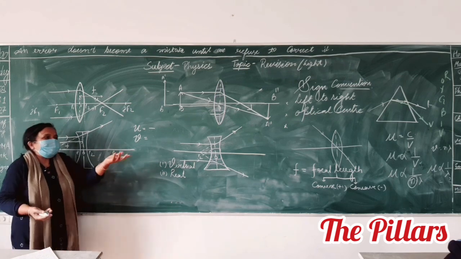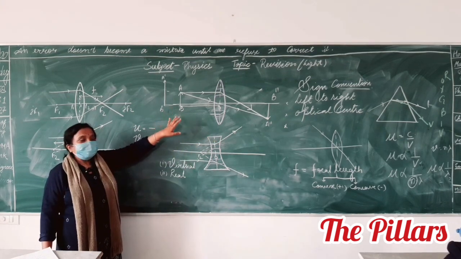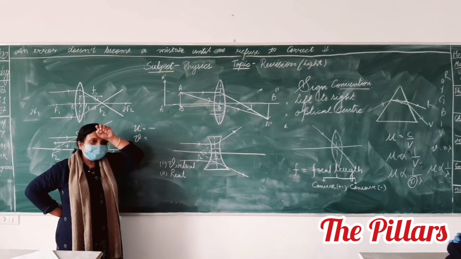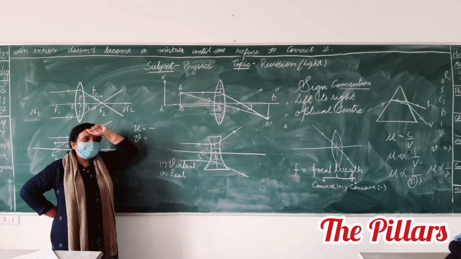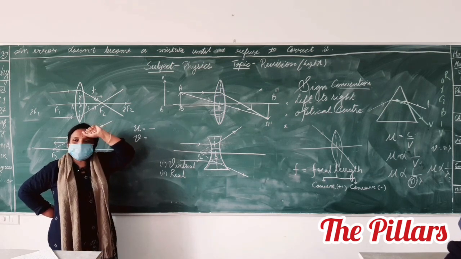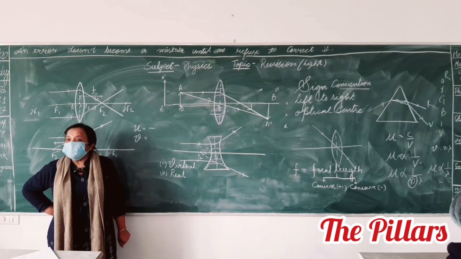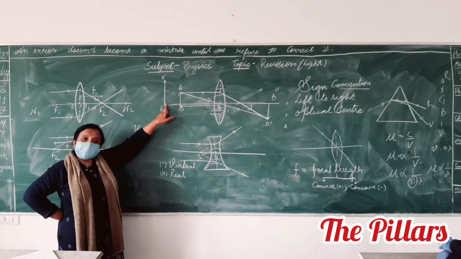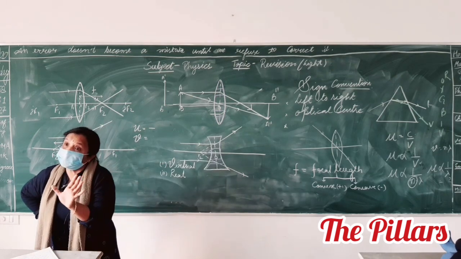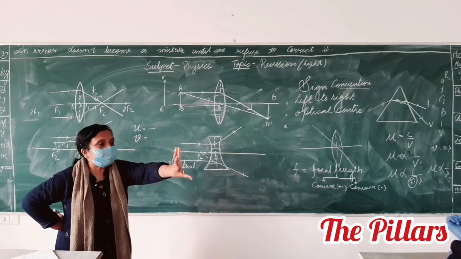If not negative, positive. Ma'am, it was correct. This will be negative. I am asking the height of the image. Height positive. Ma'am, I thought you were asking me this. You are sitting next to Dhanraj. That is why you are exchanging your ideas, no? Okay, height I am asking you. What about this virtual? Positive. And what about this? Clear to everyone? If you are clear with this, you can do your questions very easily.